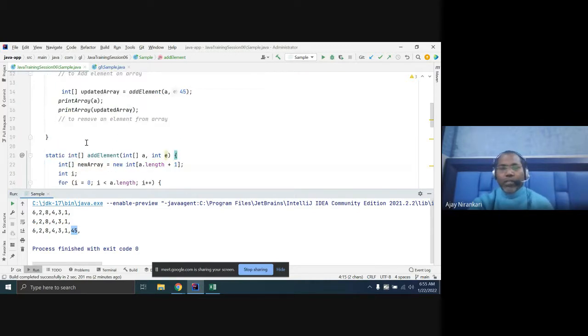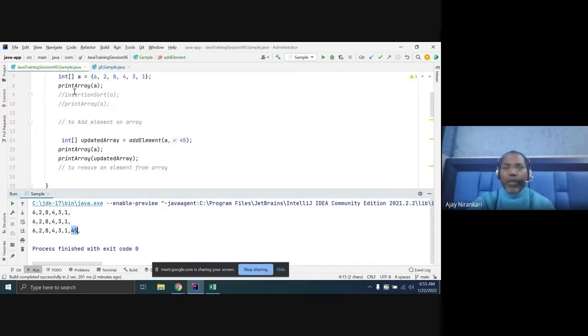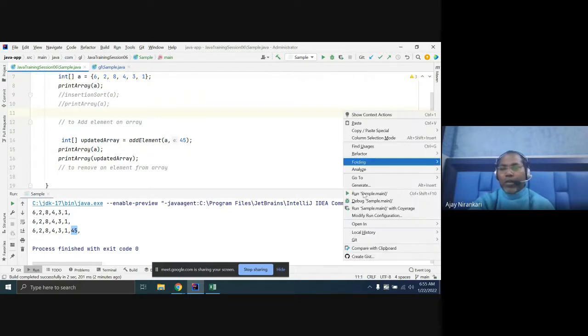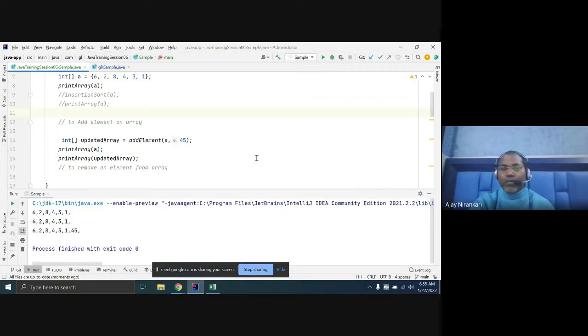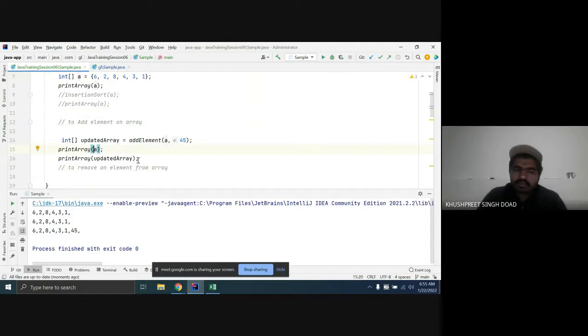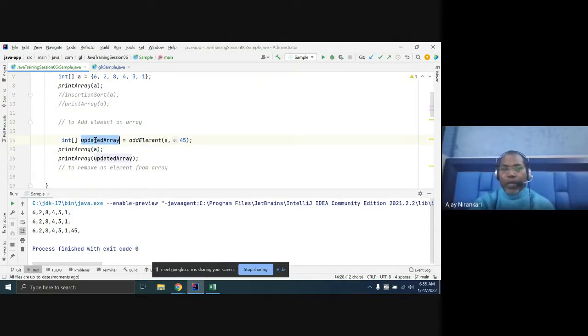But our requirement is that I want to add in this array. Someone says, I want to add in this array, but A has not changed. So instead of returning in this old one, you can do it this way.